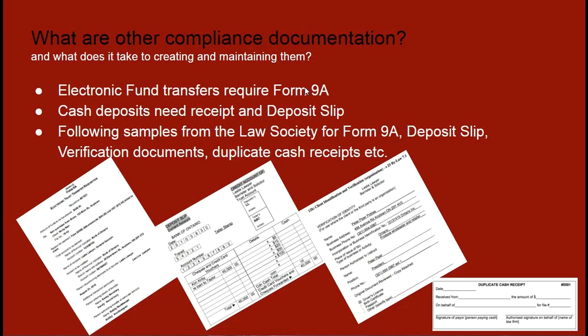the source and targets. In this case, it could be TD to TD, the branch address where you're actually having an account opened, the amount that was actually transferred, so in this case, $565, and a reason for why that was transferred. In this case, this would be eligible trust transfer based on the invoice that was raised. So it's important that you mention the invoice number. And the Law Society expects you to actually sign this document, once again, showing that as proof and you validating and warranting that, yes, you are the one who actually did that electronic transfer and you vouch by the details provided in that Form 9A.